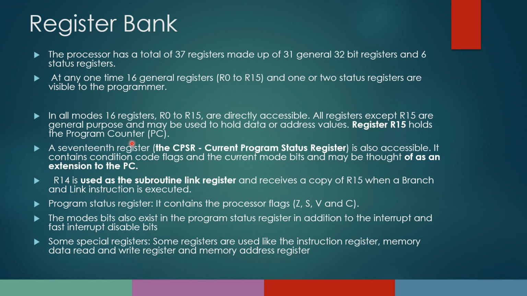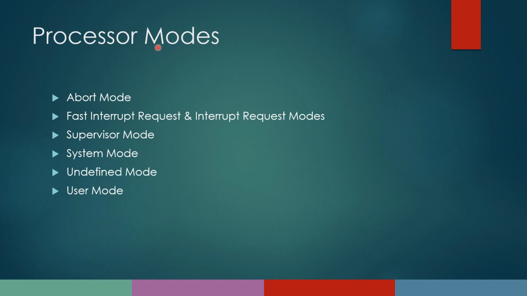So these values and important points we have to remember. Now we have seen that the mode bits are also present in the case of a program status register. Understand that there are 7 types of processor modes. So one is the abort mode. Abort mode means the processor enters it when there is a failed attempt to access the memory. If there is a problem, and it cannot access memory for taking the data, or it cannot proceed, it enters the abort mode.